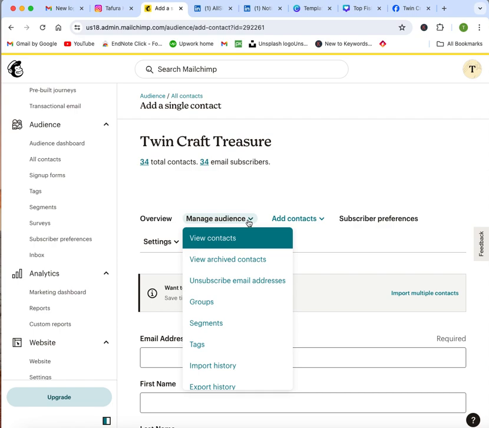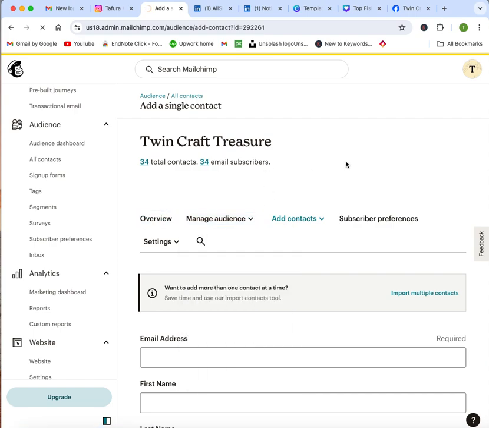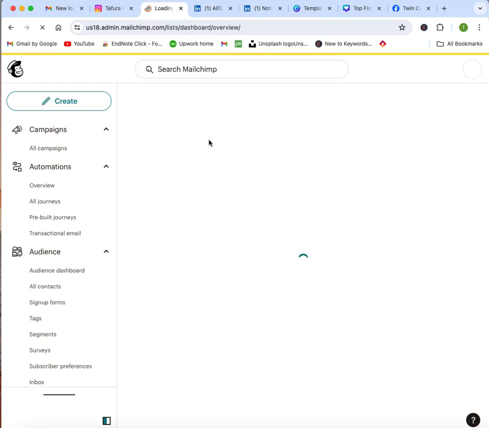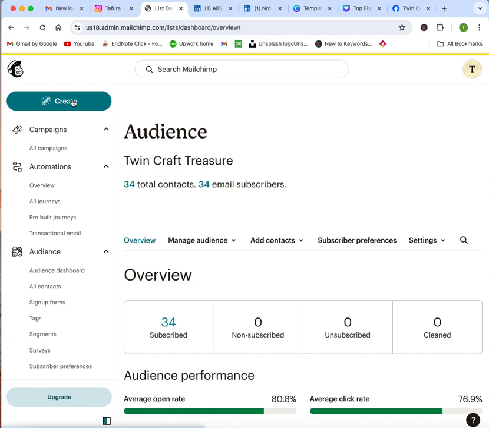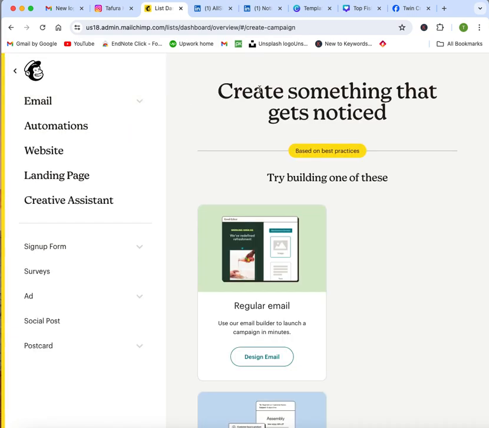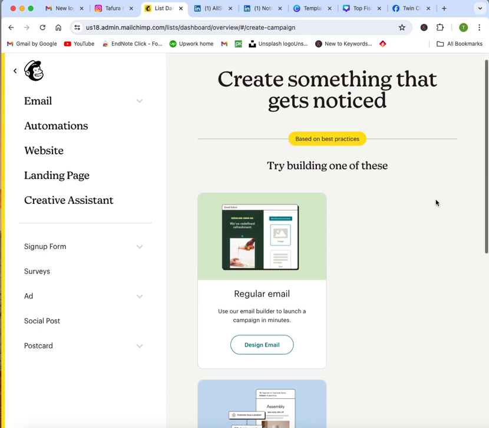And from here, so then after this, if you want to create a new form when you finish creating the contact details. So after that, if you want to create email campaigns, so just create, and then you can see, or you can create on Mailchimp. You can create different emails, automation, website, landing page. Then those are the form options. And so to create a regular email,